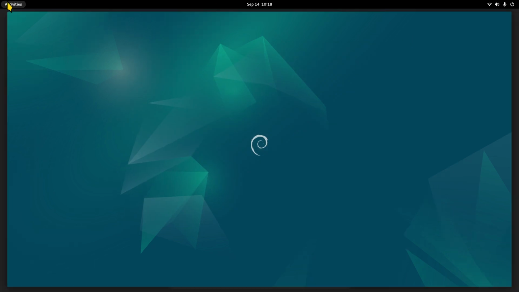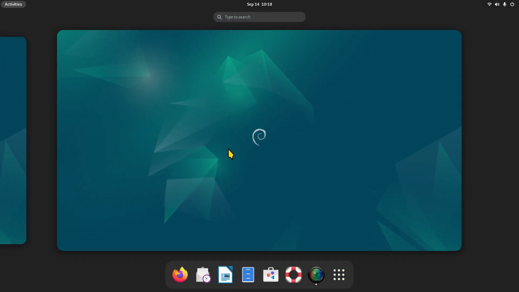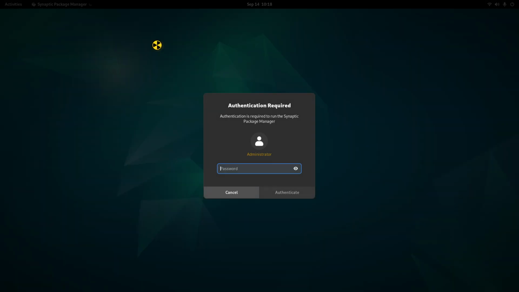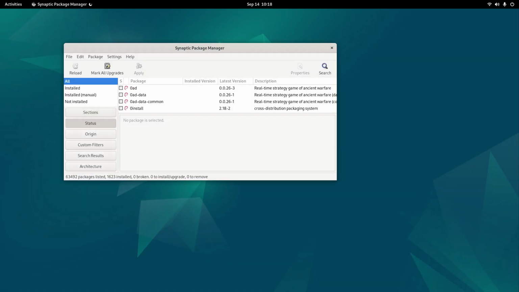All right, clicking this button instead of hitting the start button on my keyboard. If you have one of those keyboards with a start button, some people call it a Windows key, you can press that. I'm going to do a search for Synaptic, S-Y. Synaptic Package Manager is another way to install software. I'll put my password in here. There are currently